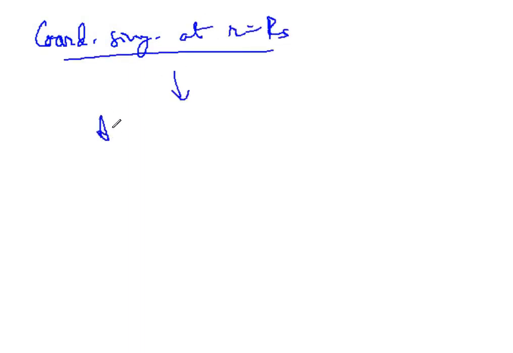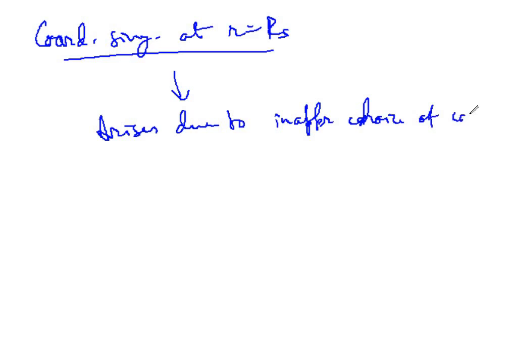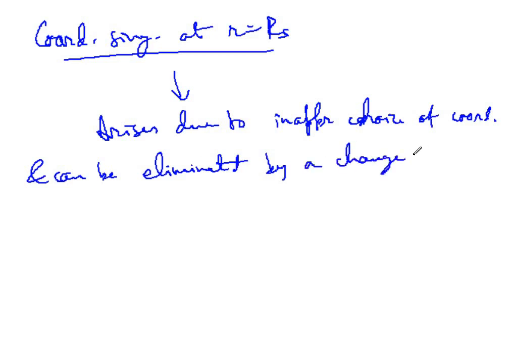You see, this coordinate singularity at r is equal to rs arises due to inappropriate choice of coordinates, and it can be eliminated by a change of coordinates. Okay,